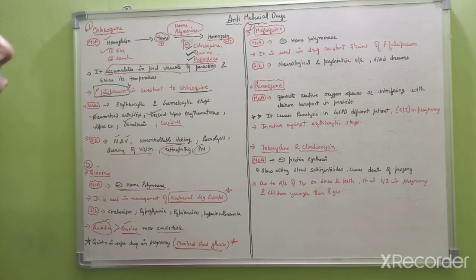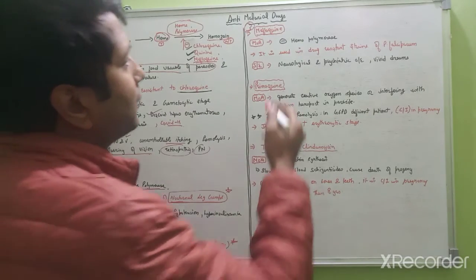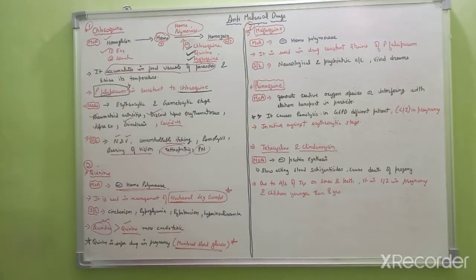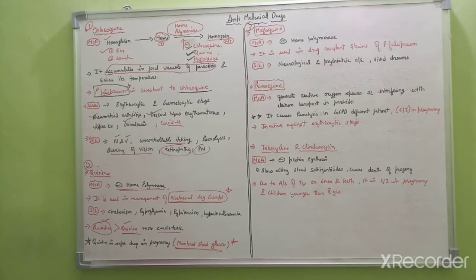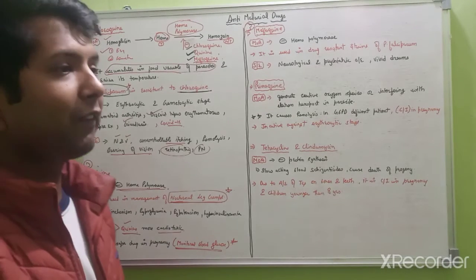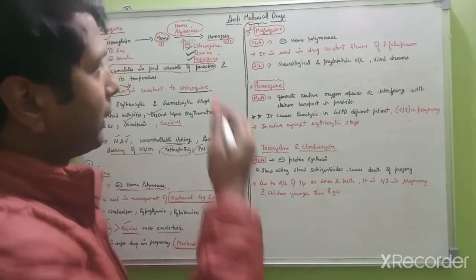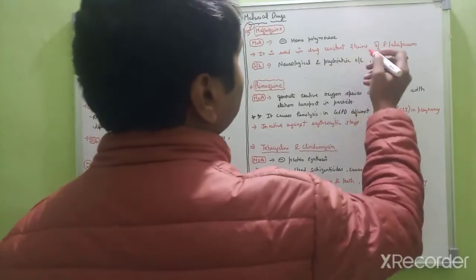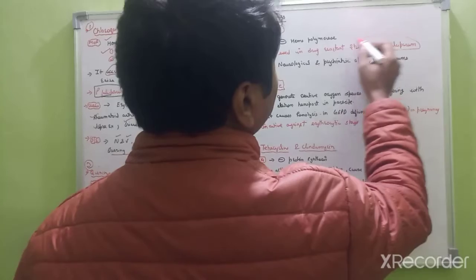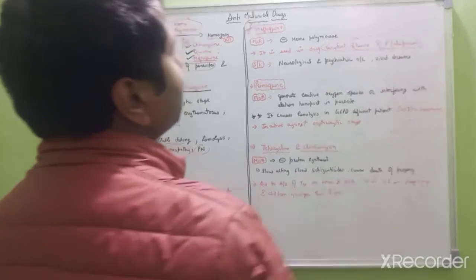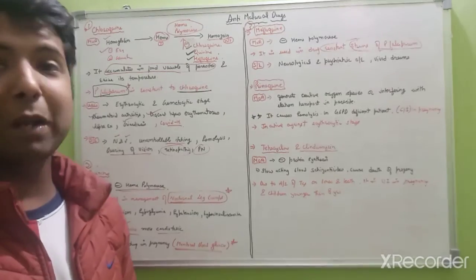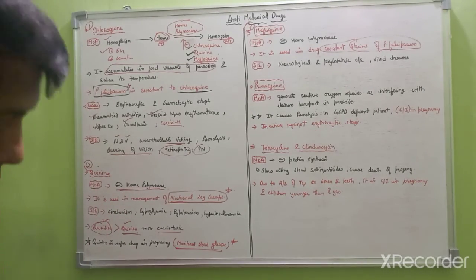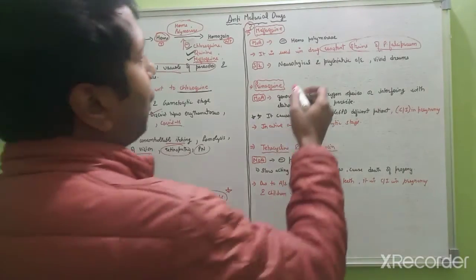So this drug is mainly used for resistance purposes. If chloroquine is resistant, or any other drug is resistant to the P. falciparum strain, then we give mefloquine-like drugs. So this drug is used in the resistant strain of P. falciparum. Recently the FDA has given a black box warning for mefloquine, that it will cause